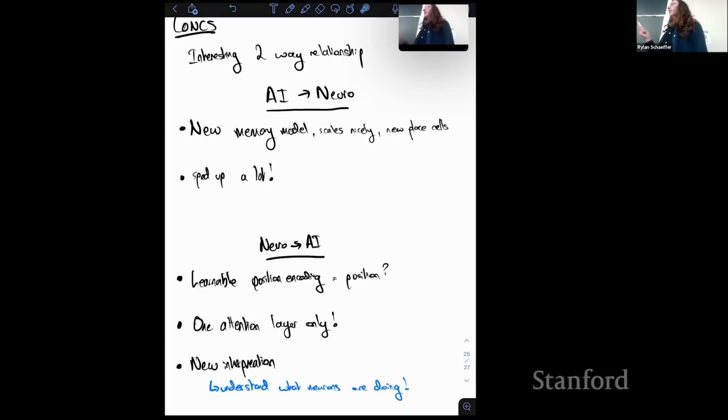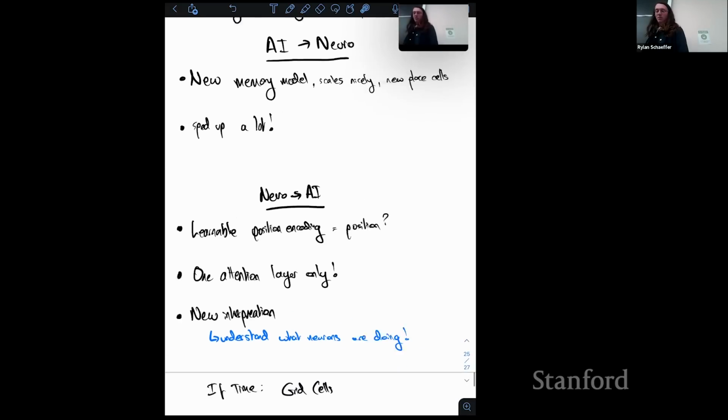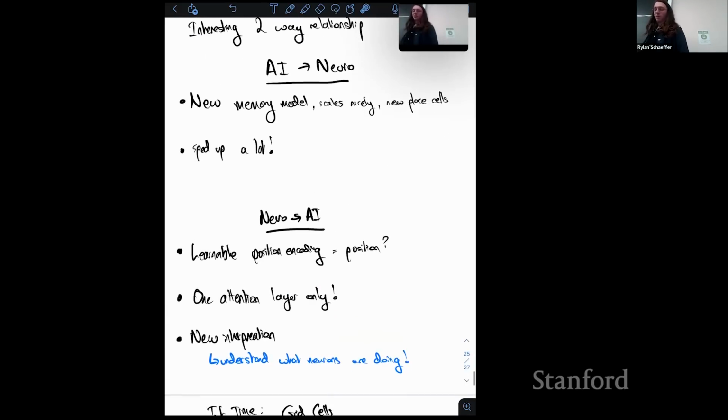The other thing is this is one attention layer only. Somehow, by using nice X representations, making the task very easy in terms of processing X, and using the right positional encoding, you've got it to solve the task with just one of these. Also kind of nice. And maybe a nice interpretation is that you can go in and really probe what these neurons are doing in this network and really understand it. We know that the position encoding looks like grid cells. We have a very deep understanding of why grid cells are a useful thing to have if you're doing path integration. So hopefully it helps interpret all these things. Oh yeah, and if there was time, I was going to tell you all about grid cells, which are my hobby horse, but I don't think there's time.